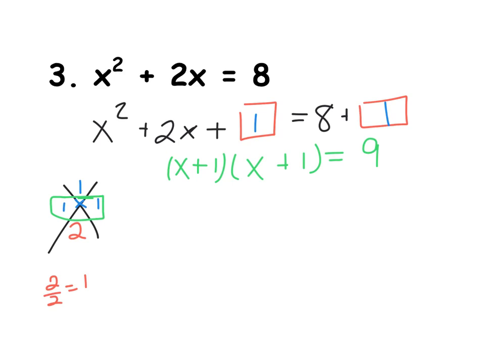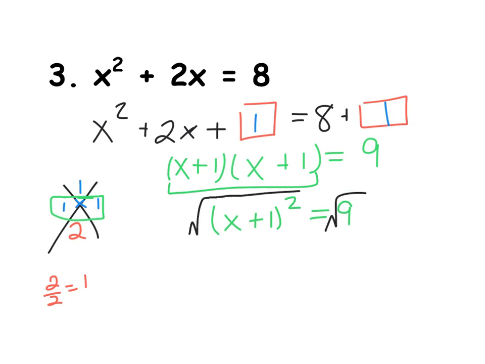Here's the issue. We don't like writing x plus 1 twice, so we just condense it. We simplify it. We make it easier to work with. I get x plus 1 squared equals 9. The only way to get rid of a square in the mathematical realm of the world is to take the square root of both sides. Take the square root, take the square root. I get x plus 1